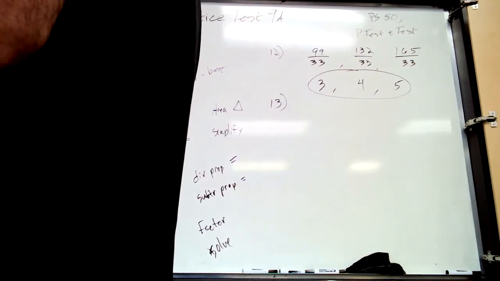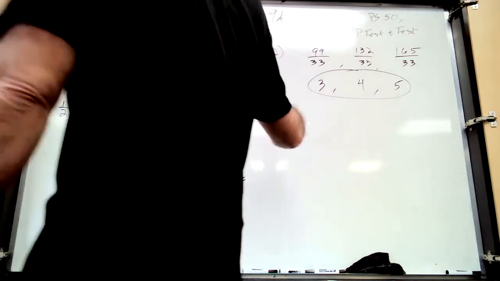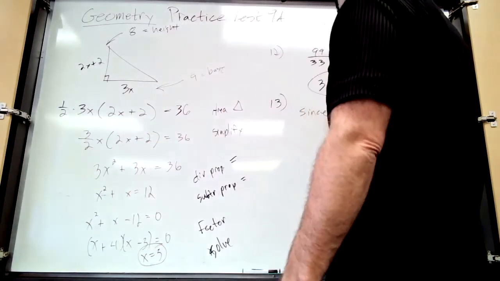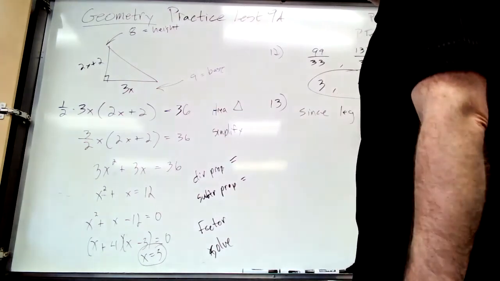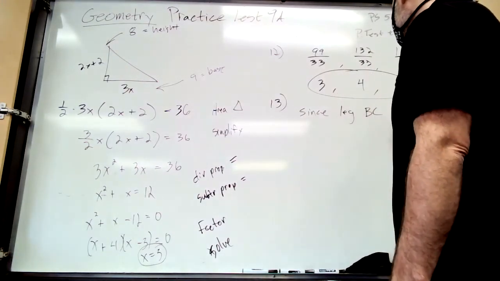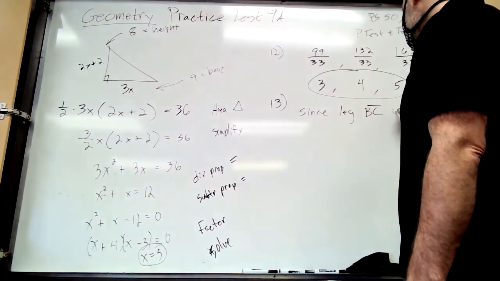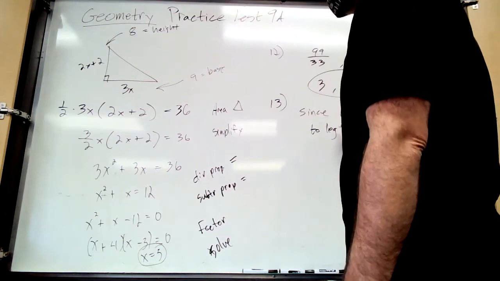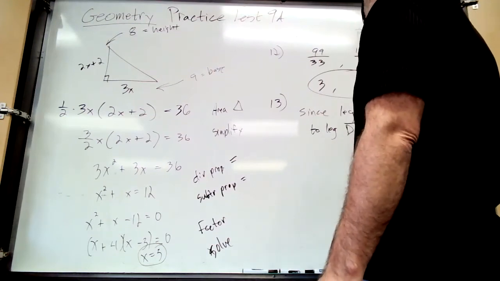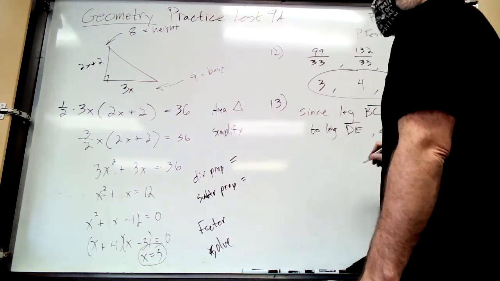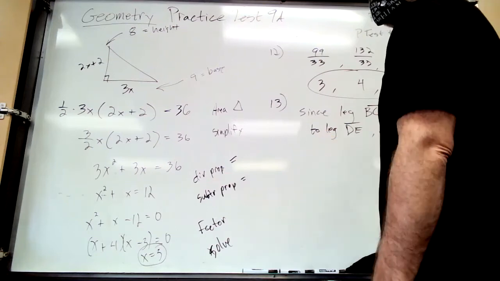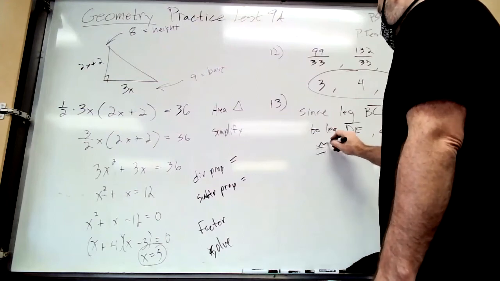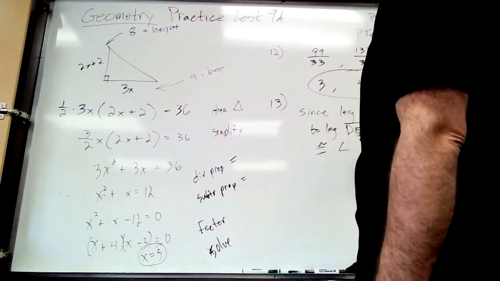So LA, so you could say since leg BC is congruent to leg DE, and angle F is congruent to angle C,